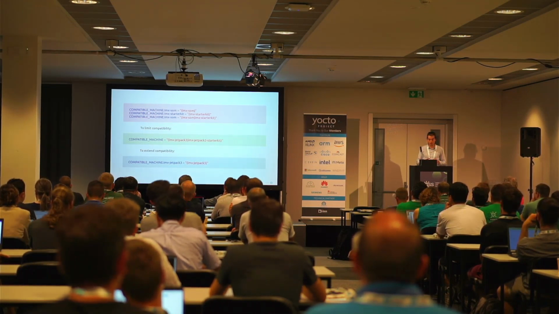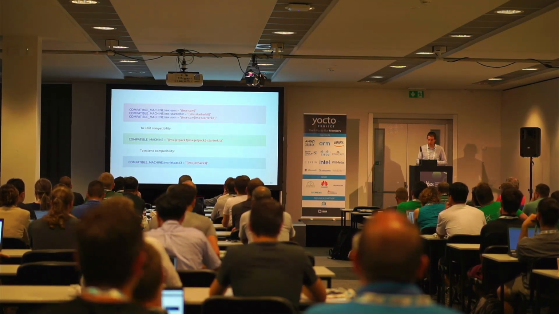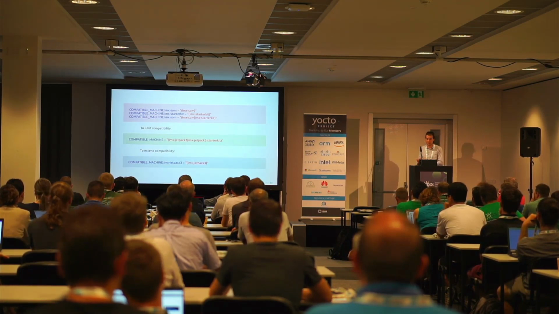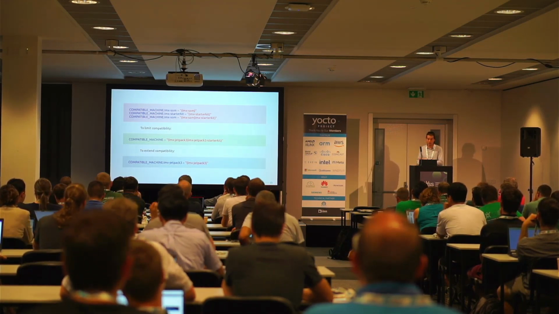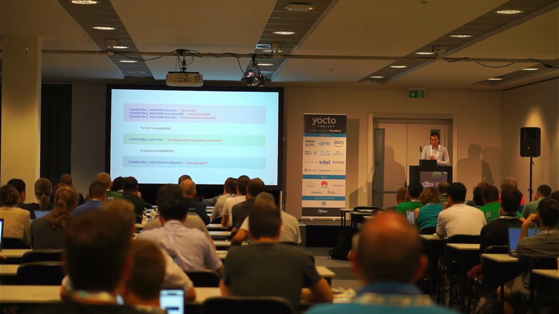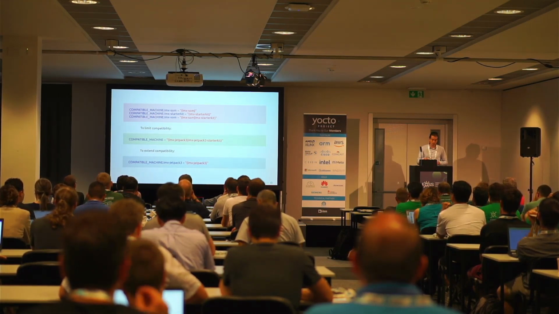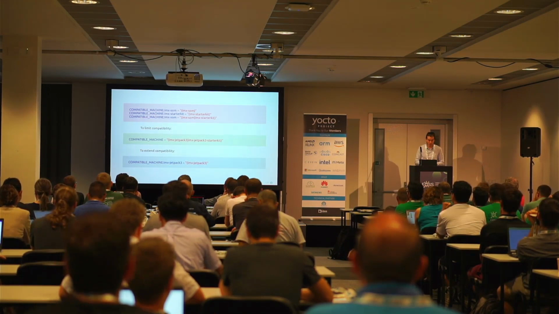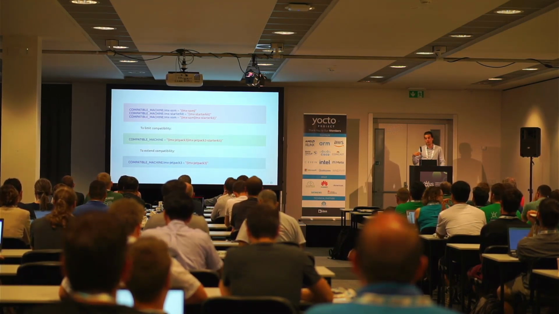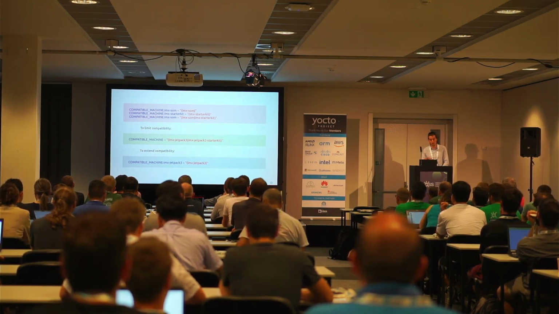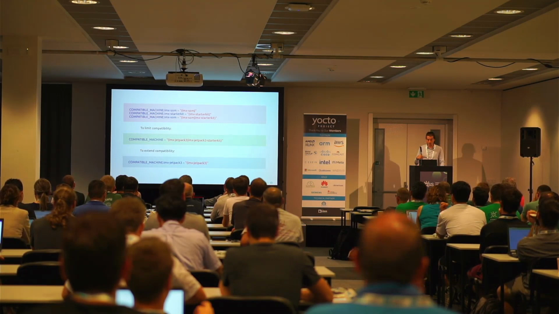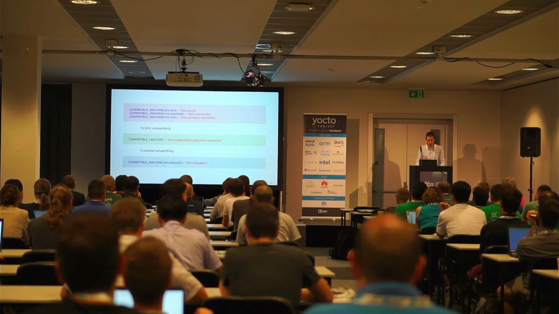So the right way to do what he wanted to do here, which is limit the set of machines that I want this image to be built on, will be in the green box. So using a list. And actually, the other form that we see below is pretty common in Yocto code, but it is made to extend an already existing compatibility list. It uses overrides. So that's what we will be talking about now.